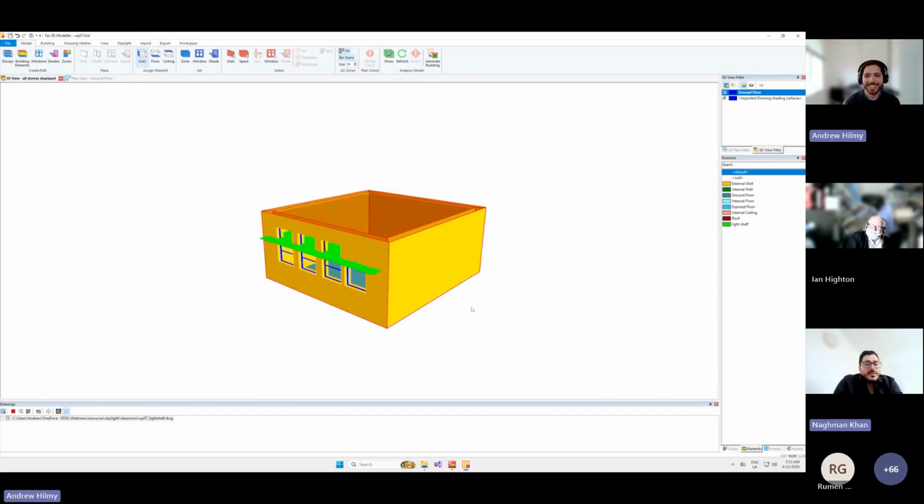And related to that, Andrew, when you imported the city model, the context, can you do any calculations on those models, like the VSC on the surrounding windows? Or if you specify where the windows are, then yes, you can. So